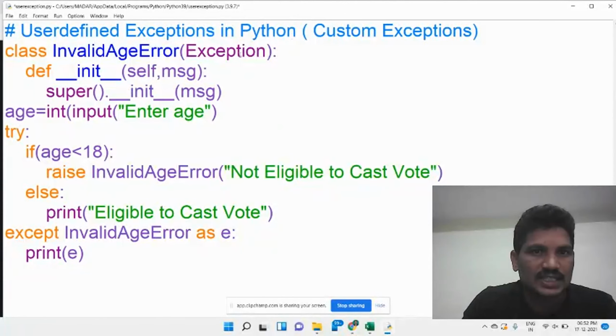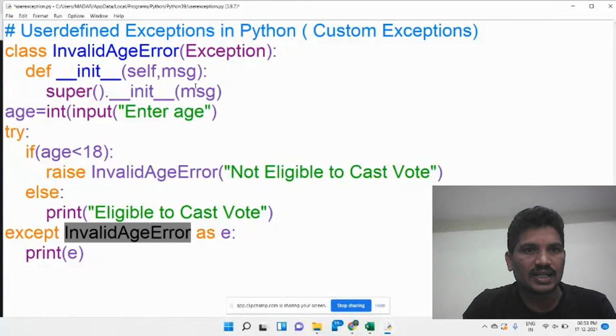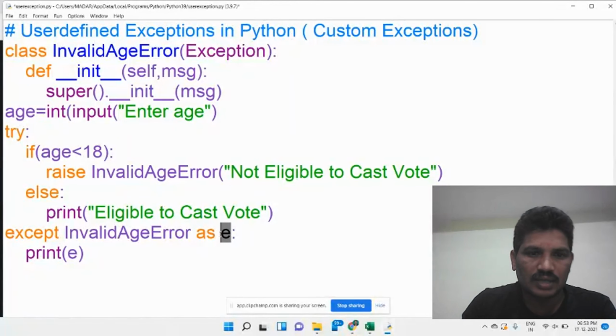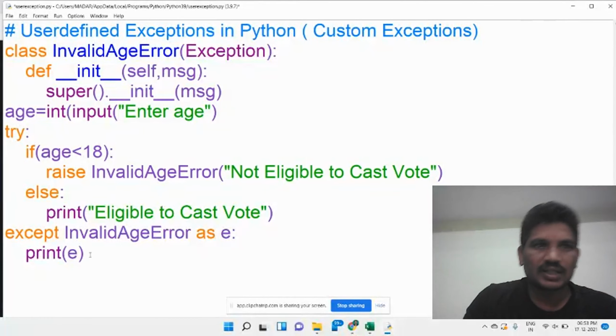Then the Exception class throws that exception to the except block, and control comes here. Whatever argument is in the exception will be passed here and stored in the argument, or object, e, which is then displayed.